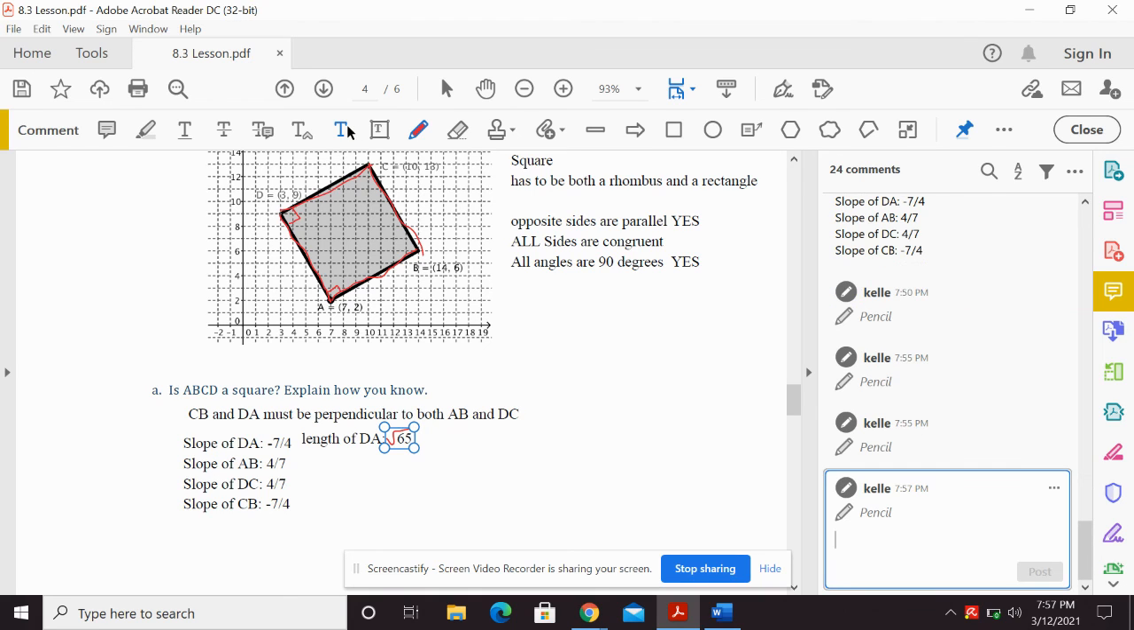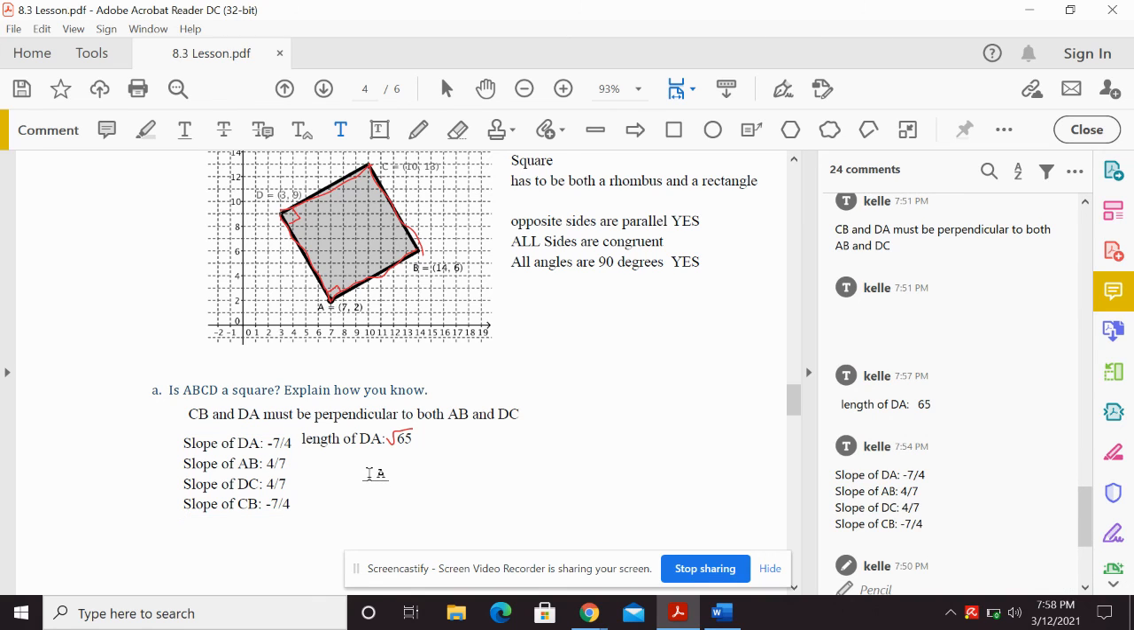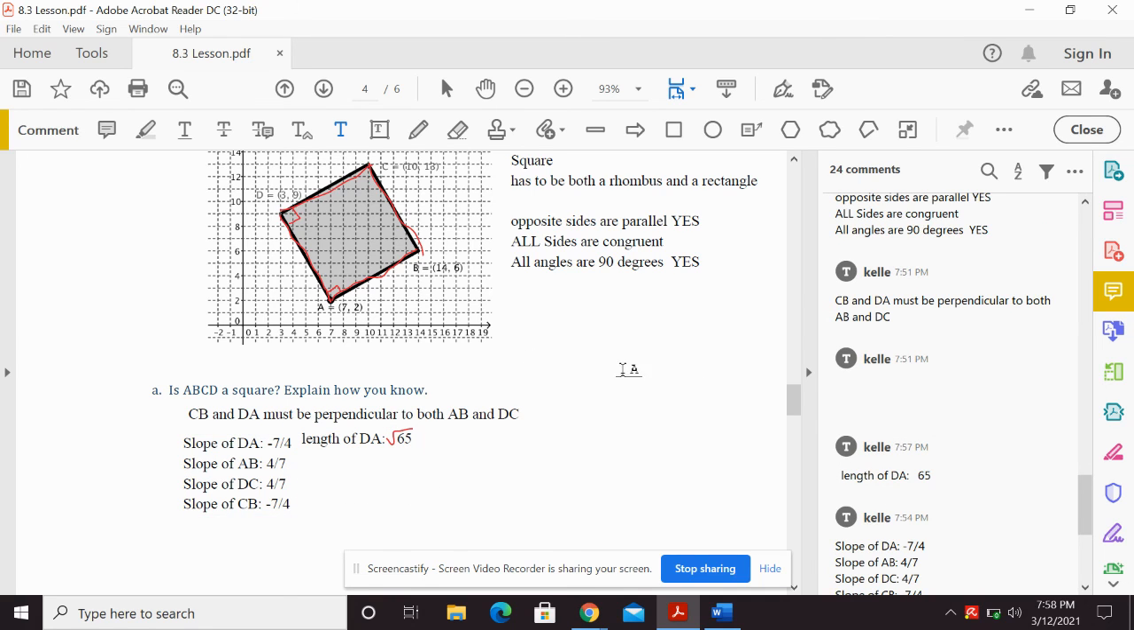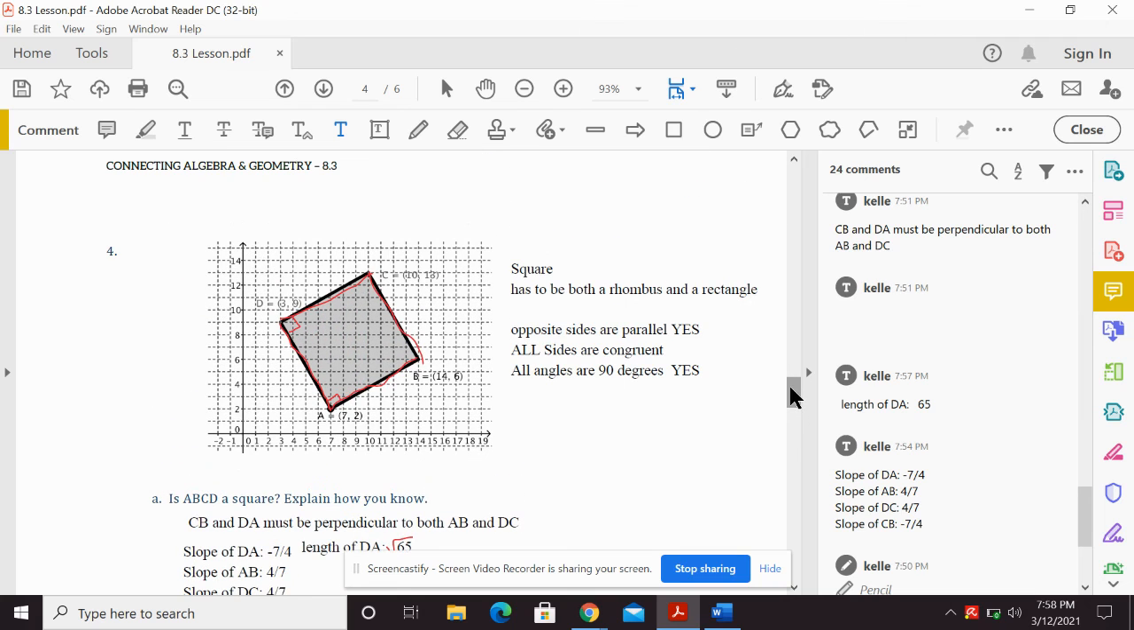You might be able to tell already, but you can use the distance formula for the next three, and they all will have the same length, which means this is indeed a square. For AB, your change in y is 4, your change in x is 7. Same for DC. CB, your change in y is -7, change in x is 4. You're going to get the square root of 65 for all of them, so it is indeed a square. Whew, okay, hopefully that helped if anyone needed the extra